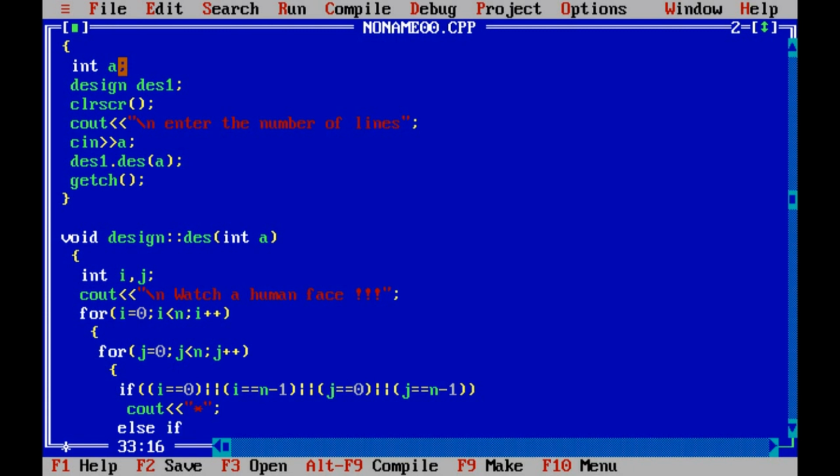Now we need to print stars for the eyes, the left eye and the right eye. Now we use i double equal to n by 8.